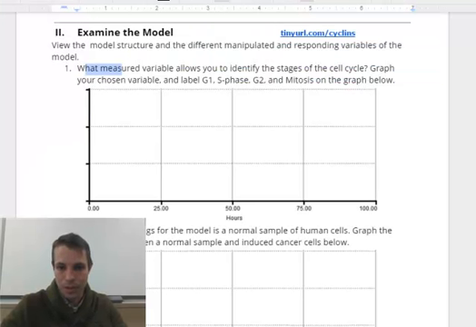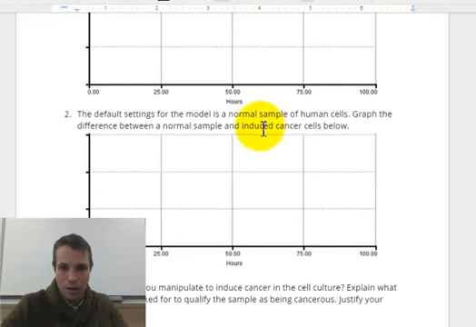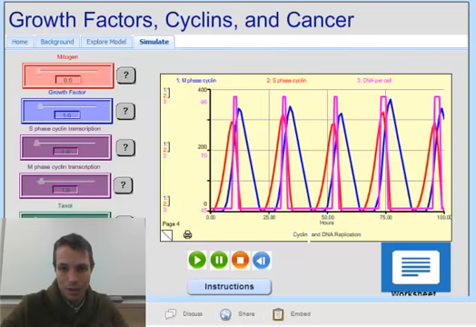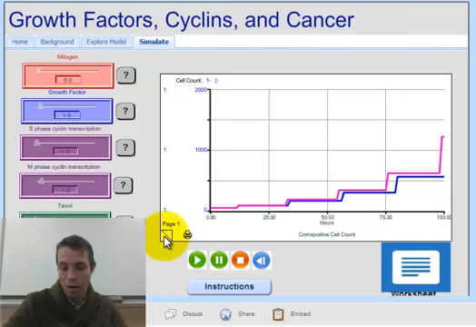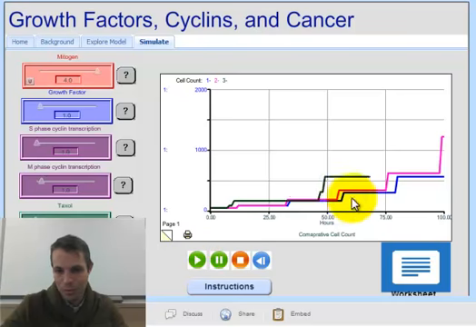If we go back to the worksheet, we can also cause our cells to have cancer. And if we look at our simulation, let's go back to that first page. One of the hallmarks of cancer is that the cell grows uncontrollably. So let's just increase this amount of mitogen. As we run this super fast, 2 rounds in 1 hour,